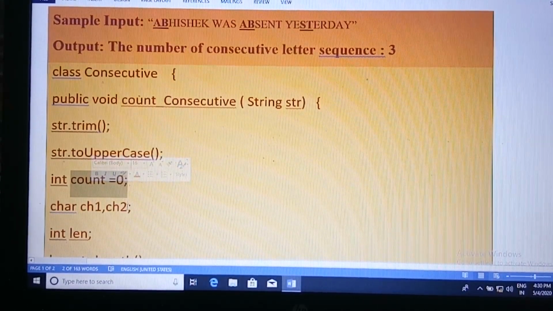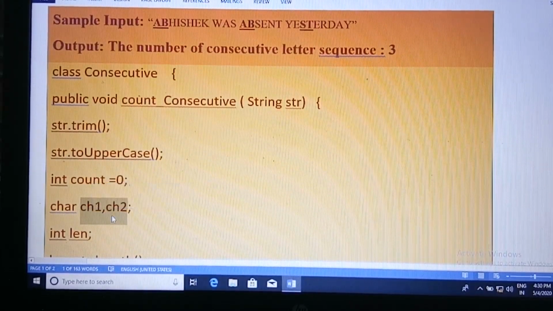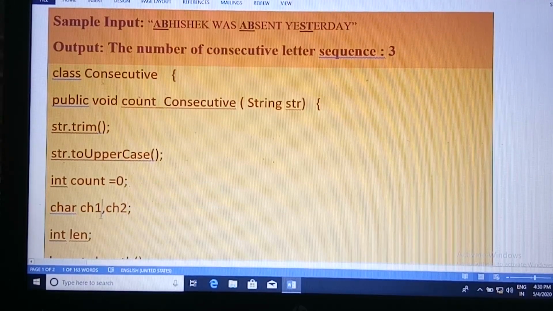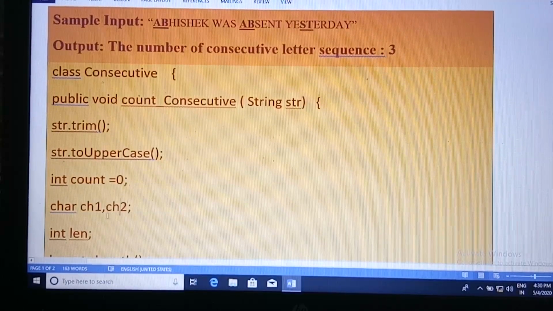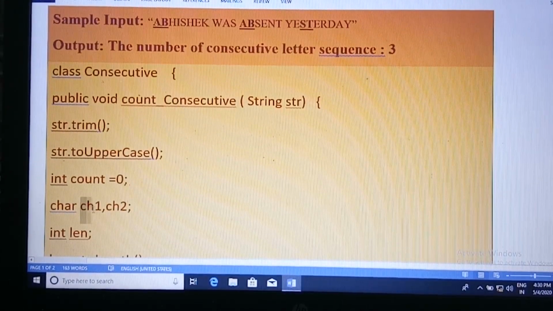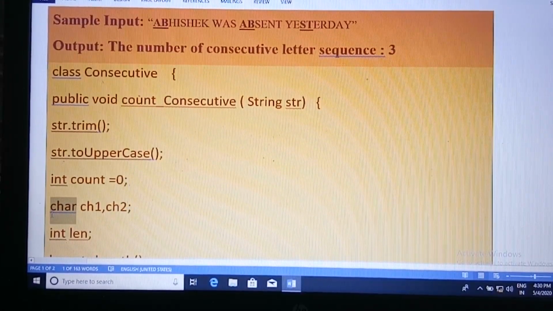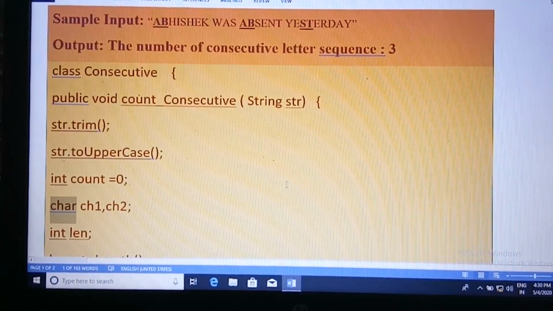We define 2 char type variables, ch1 and ch2, for storing the alphabets in the consecutive or adjacent positions.